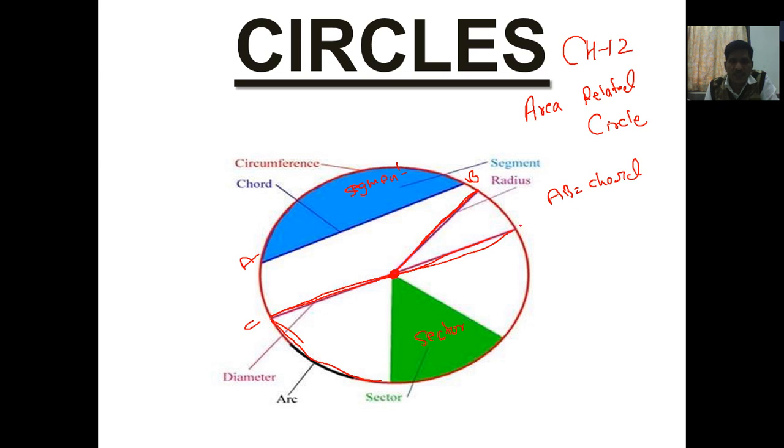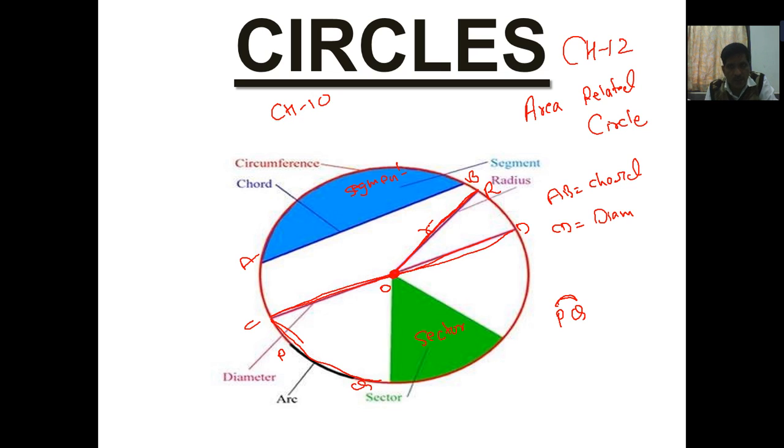If I draw CD here, then CD is equal to the diameter. If I write P and Q, then PQ is called an arc, that we already covered in 9th standard. And radius OC, OP, OQ, OR, so it is radius. All these things we have already discussed in chapter number 10, where we went through the definitions.